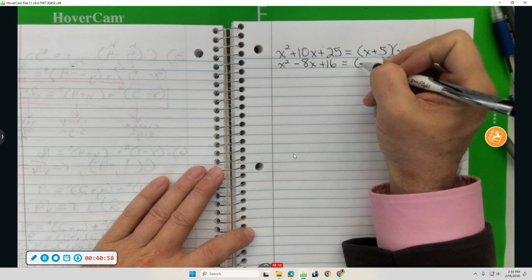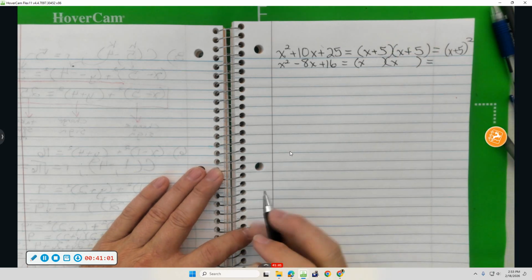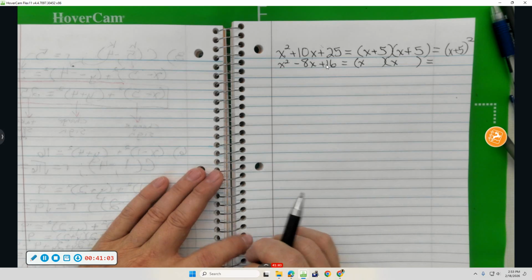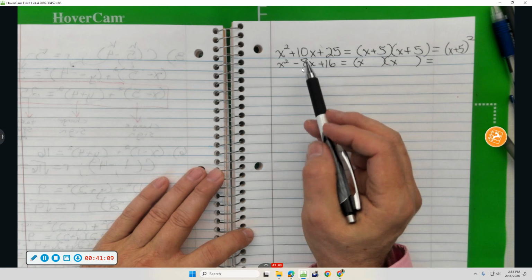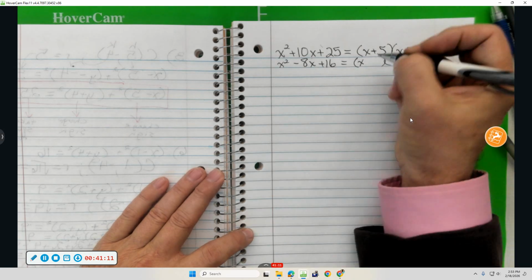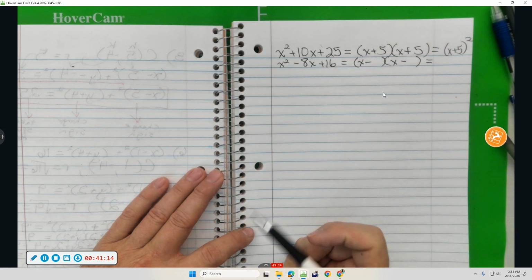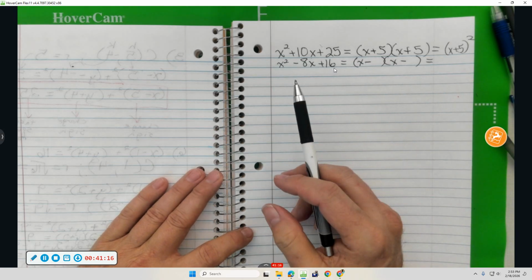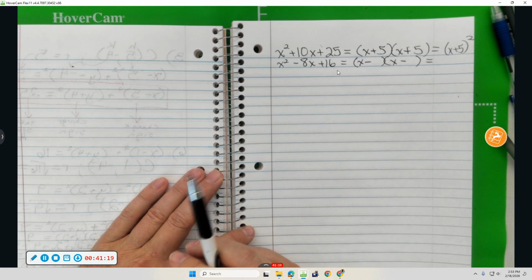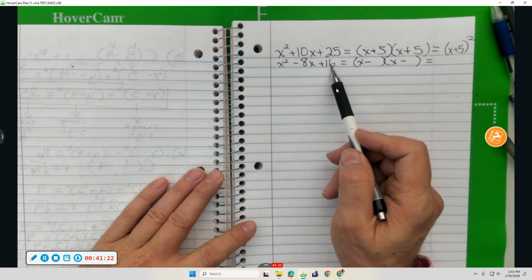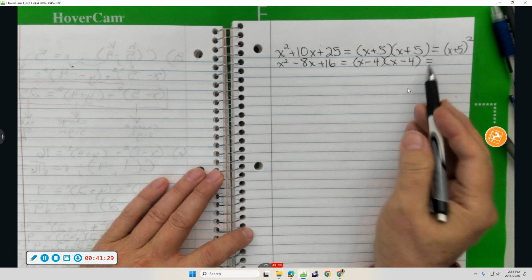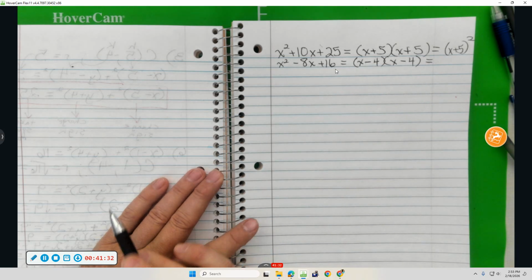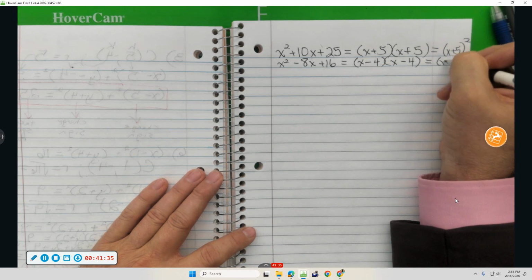X squared, that's easy enough. The last sign's a plus, so you have 2 of the first sign, so a minus minus. 16: 1 times 16, 2 times 8, or 4 times 4? If it's a perfect square trinomial, you have to use the square root of that number, 4 times 4, and sure enough, if you FOIL it back out, you'll get x squared minus 8x plus 16. We can write that as x